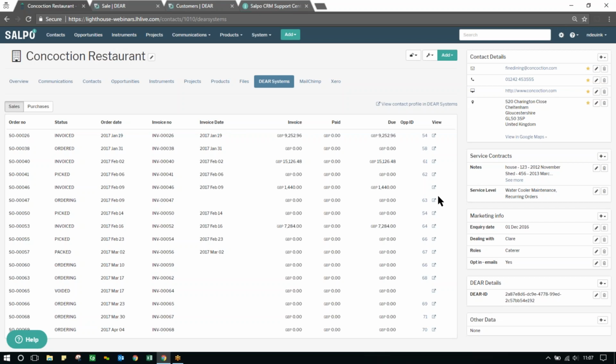So now that we've gone through the case study and you've seen how to get to this endpoint and what this total amounts looks like, what we're going to do now is go through the system build on how to get here. Initially, when you're logging into the system, you're going to have to integrate Dear with Salpo, or